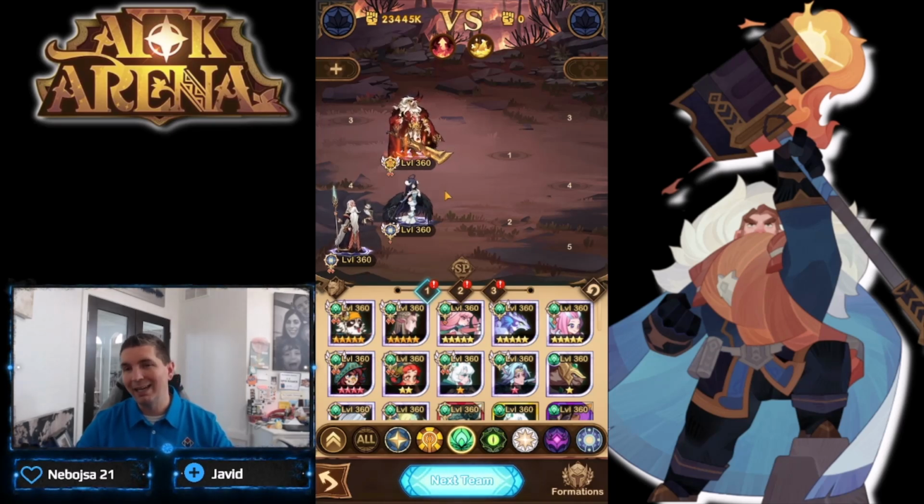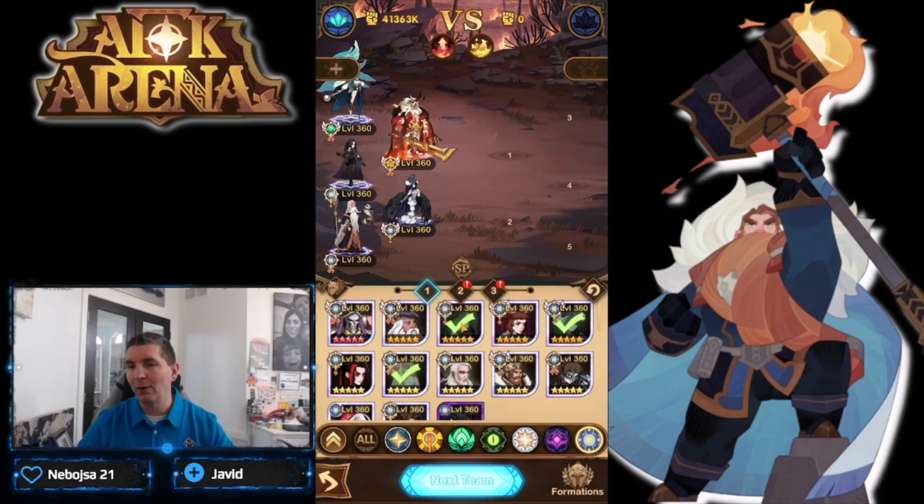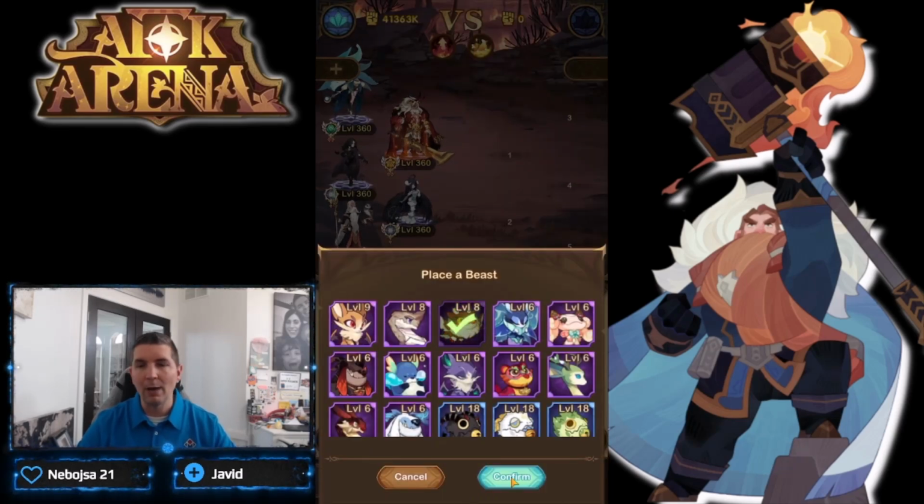You could put Mishka in here for Brutus. Again, another sub. Even looking like the Awakened version of Thane, you could put Orin in here, which I do in a couple different formations. Yennefer, very, very strong in the PvP aspect, which is the reason why we do run her in this